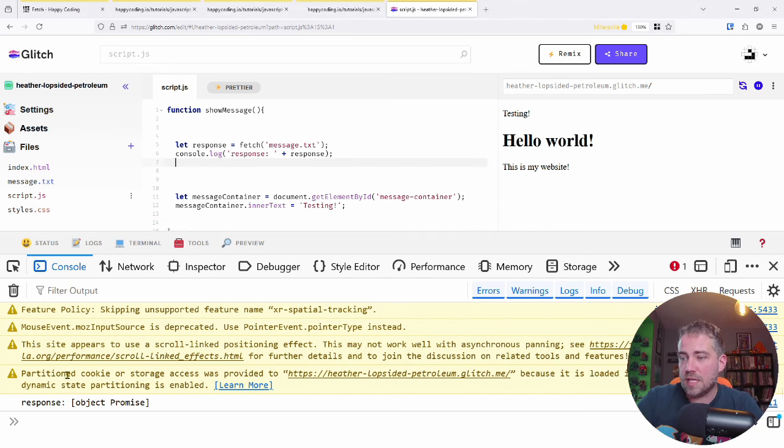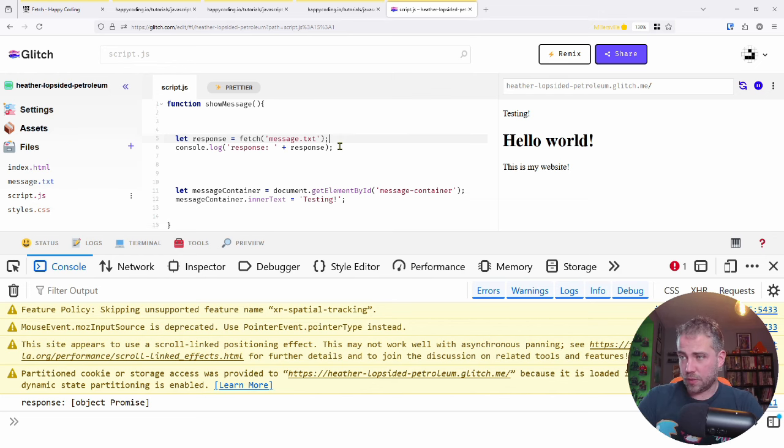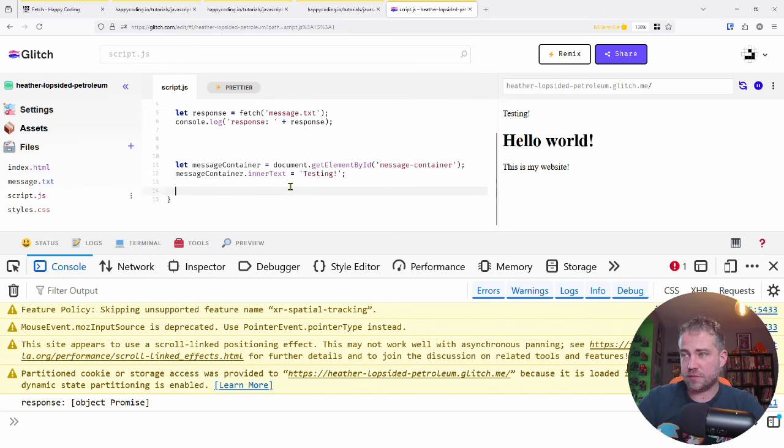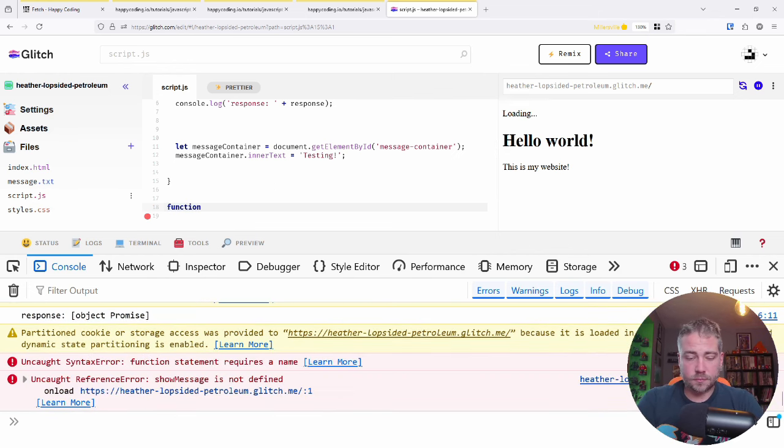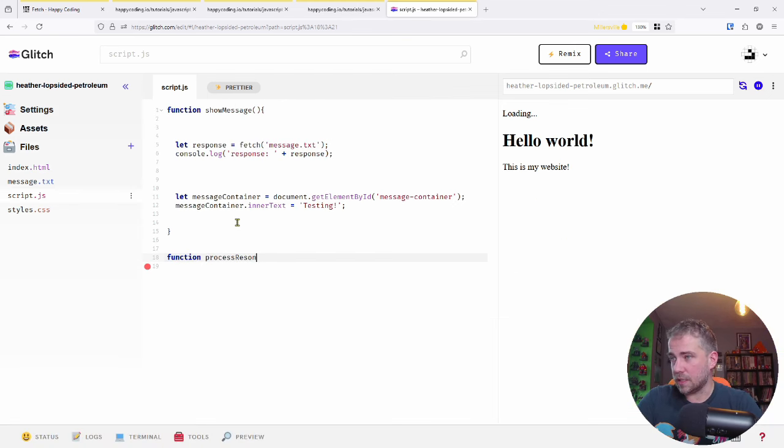So we have seen that the response itself is a promise, and promises have a few handy functions that you can use. The important one here is the then function. So what I'm going to do is first define a function down here. I'll call it process response, and I'm going to close this because it's going to get annoying. Process response is going to take a response as an argument. Okay, and then in here, I'm just going to steal this line of code and print it out to the